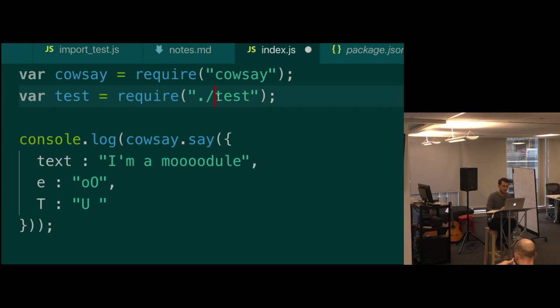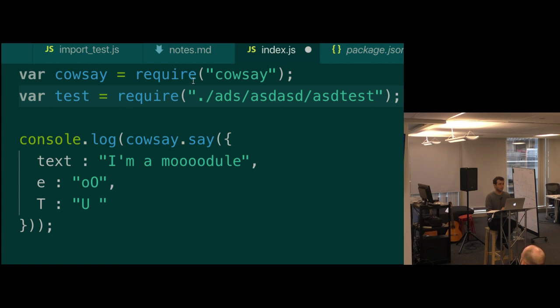really, the only real difference is that when I'm requiring cowsay, I didn't have a dot and a slash in front of it. Dot and a slash tells me to start looking in this directory. In the other file that I was working with, I was able to load a module that I'd made in that directory. If it happened to be in a different folder, I could slash whatever and keep finding it until I have the path.